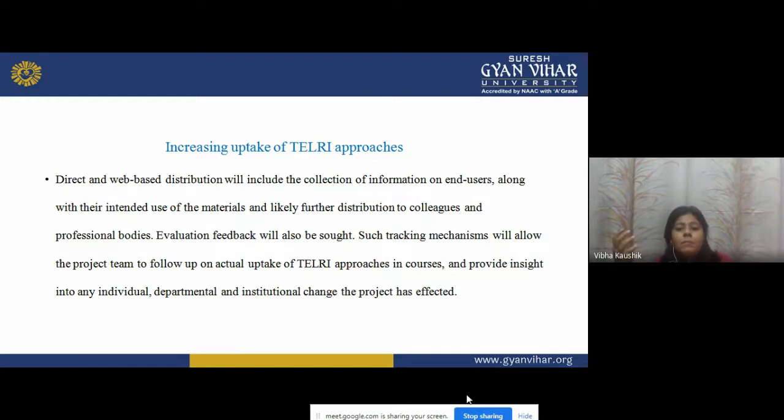Now, that can be used for further distribution to colleagues, so that this material can be used by them to increase their understanding of how the dissemination of the curriculum should be done. The professional bodies can be the NCERT, if we are talking about the teacher education program. These professional bodies will work in this area, and in this way the dissemination of the curriculum can be made. This is the effective way